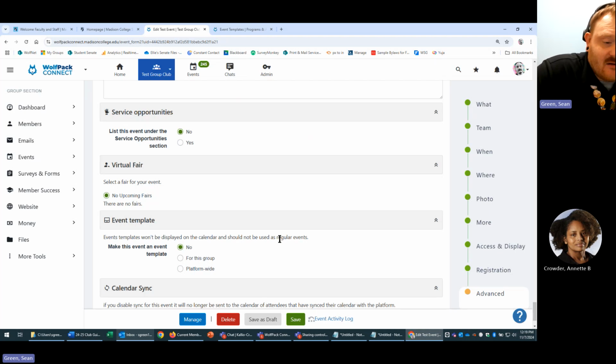And then at the very end, down here at the very bottom, under event template, instead of having it selected at no, you're now just selecting this to say for this group. Now, there's probably the chance that maybe this isn't listed underneath just for general club officers. As I have admin privileges, I may just be showing it as platform wide as a third option, but maybe